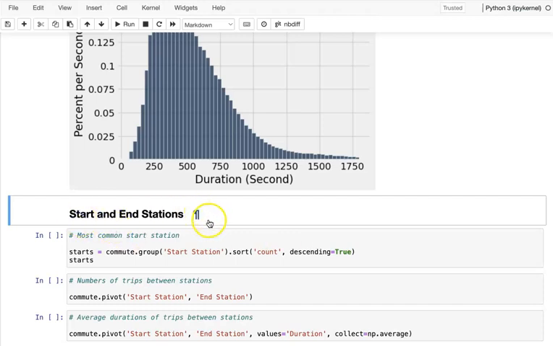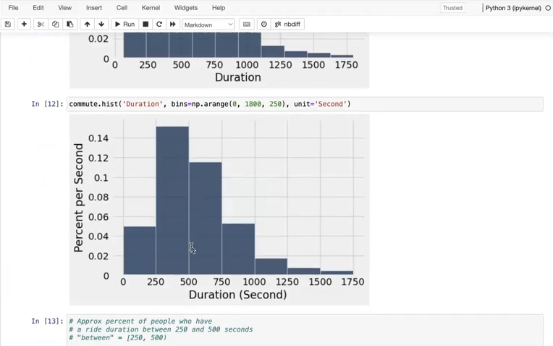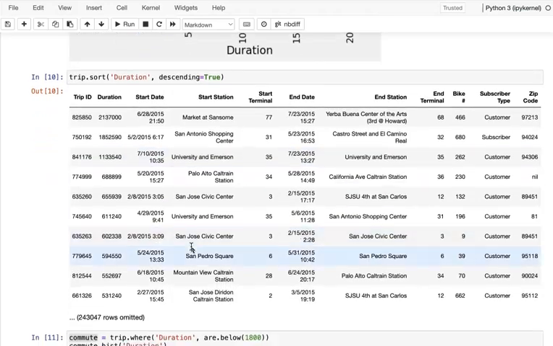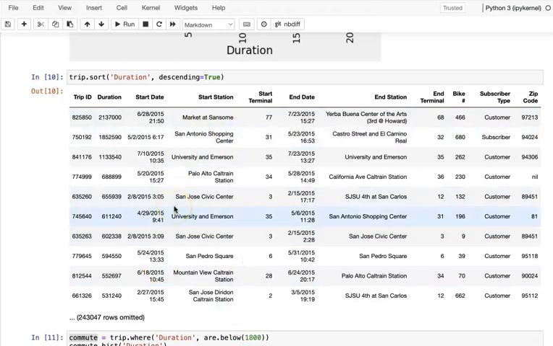We also want to do some analysis about the start station and end station. Here we have the station information from the table. Can you try to see which start station is the most popular one? By most popular, that means the start station where the most trips happen, right? So how should you do that? Pause the video, I will give you the answer next.